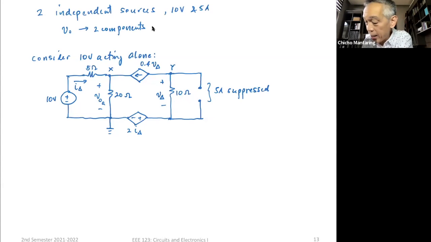So first, let me apply KCL at X. So what is my KCL at X? Again, I'm not going to ask anymore, you should be experts by now. So I have V of X. By the way, if you have any question, please stop me, just like what one of your classmates did earlier. V of X minus 10 over 5. That is the current leaving X going to the left. And then I have,